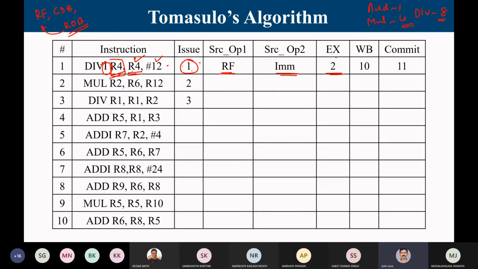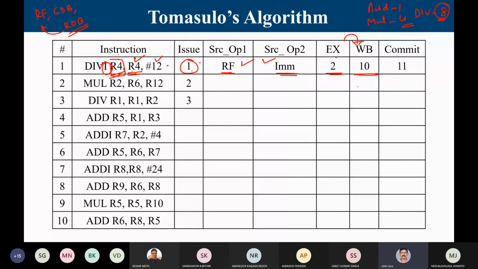Okay. So during 1, what happened? I am waiting in the reservation station. My values are available. One is an immediate value, the other one is the register value already available and kept in the reservation station. At clock cycle number 2, I move to execution. It is division. So what happened? 2, 3, 4, 5, 6, 7, 8, 9. These are the 8 cycles in which division happens. At the 10th cycle, I write. You have to be very specific. I write to CDB at clock cycle number 10.